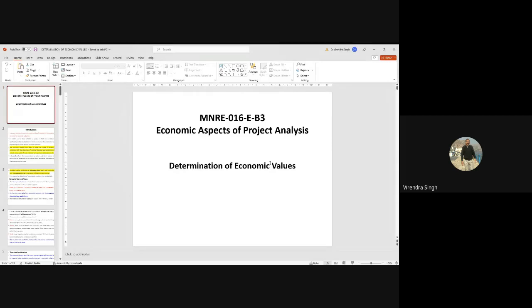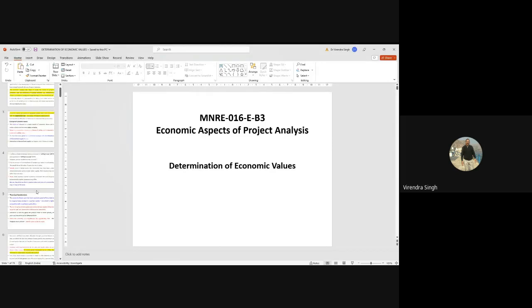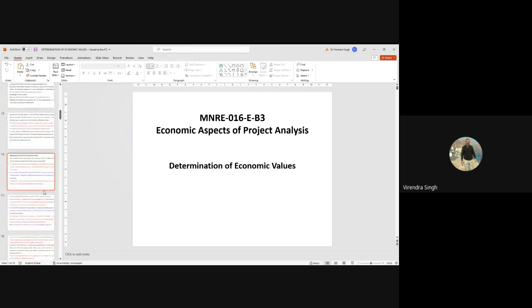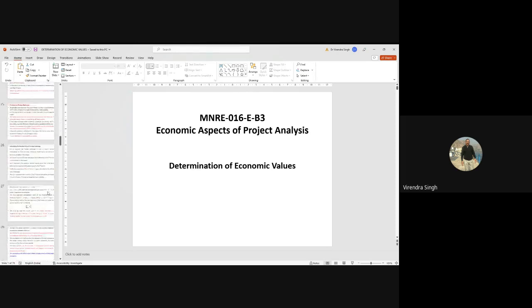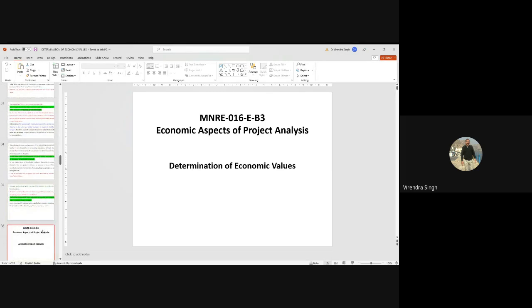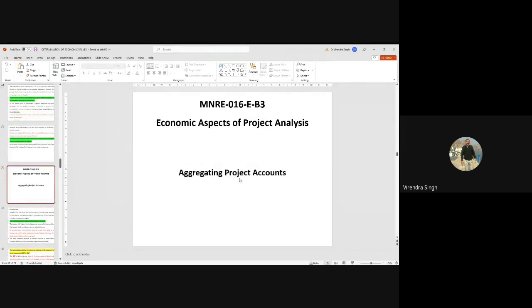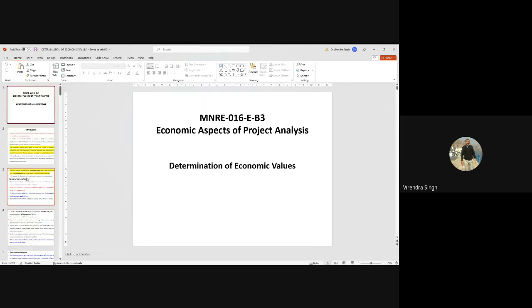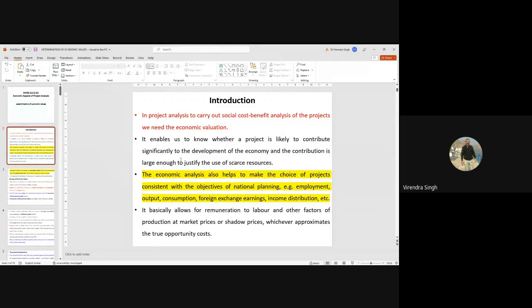Economic values, and another one is aggregating farm accounts. So these two topics will be dealt with today: aggregating project accounts, and the first one is determination of economic values. There are definitely certain issues while doing project analysis. We have to consider many aspects that affect our choice on project